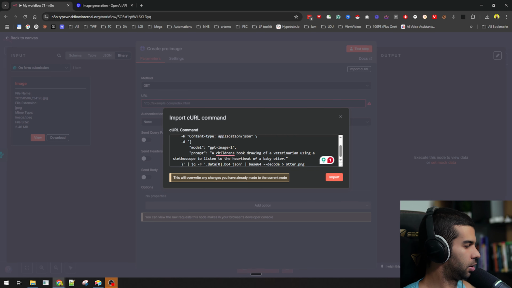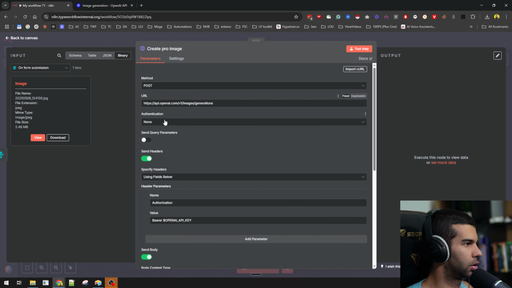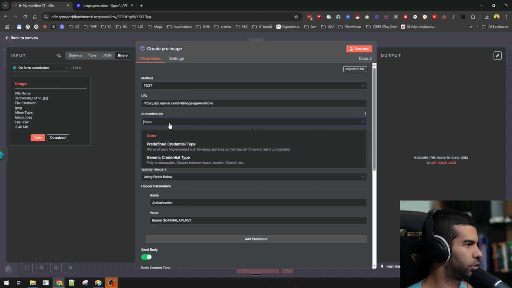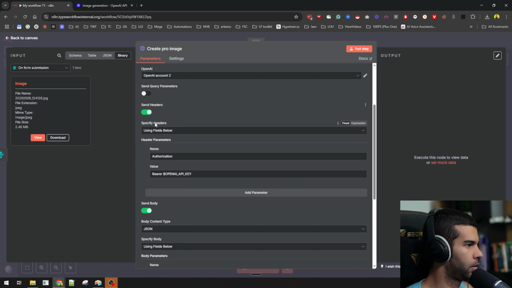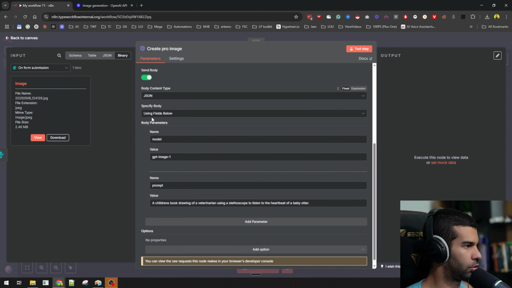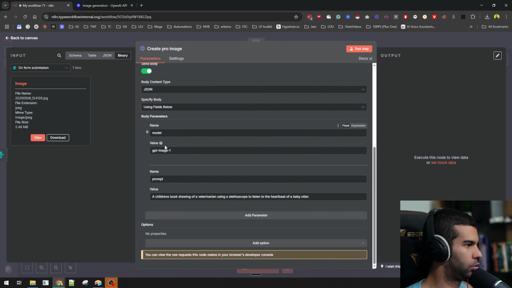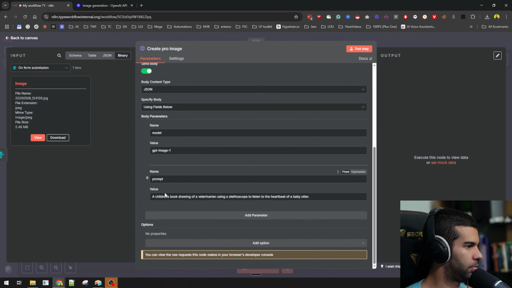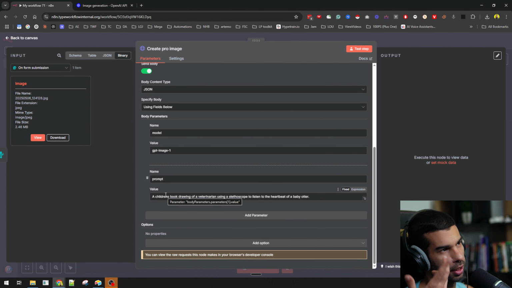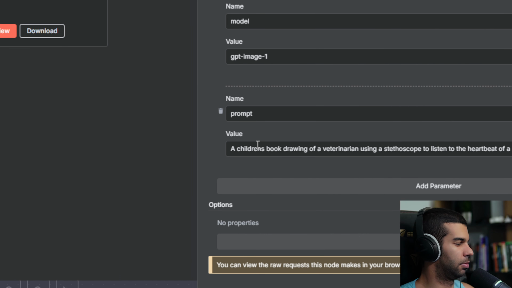And as you can see, this is giving me some sort of error here. And what I'm going to do is just delete the last part of this. And I believe that should make this work. Great. So here we need to choose the authentication, which I've already predefined. So I'll just choose my OpenAI credential. We can remove the header since that is authorized already. Here we need to ensure that we have the right model, which is GPT image 1, and we have the prompt. Now what I want actually is not this one, is the actual edit image rather than create an image